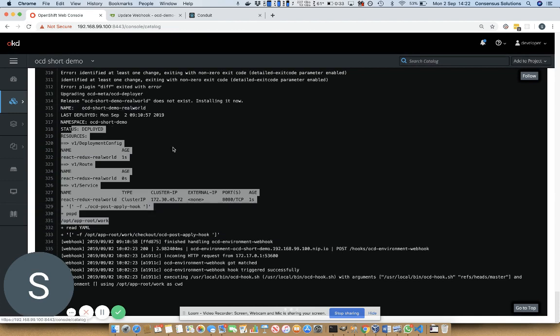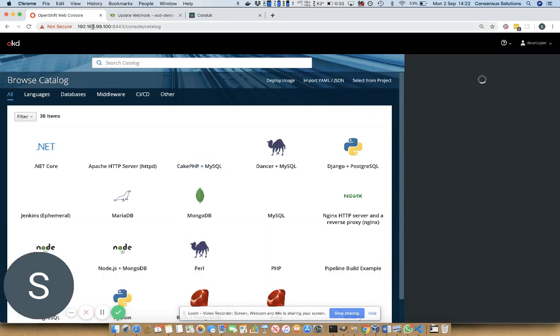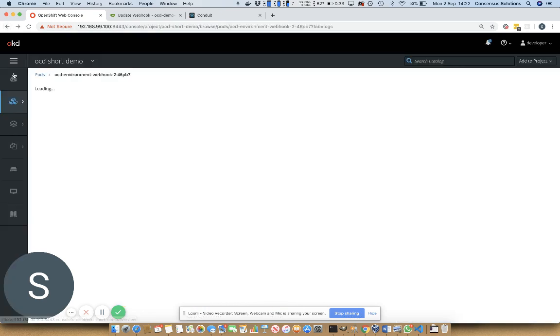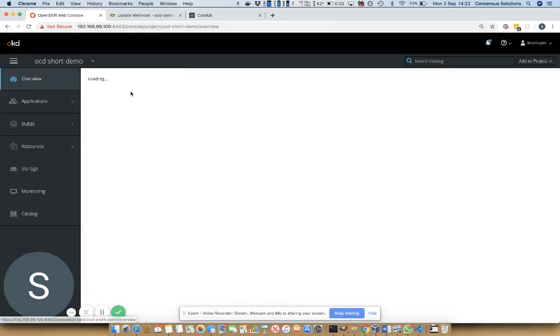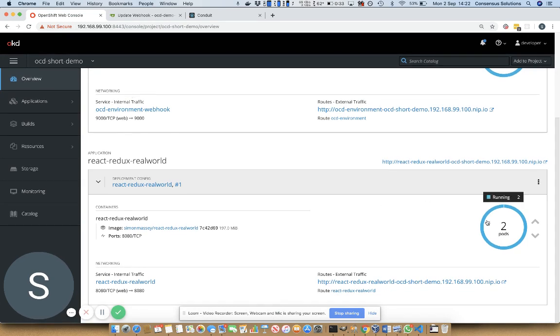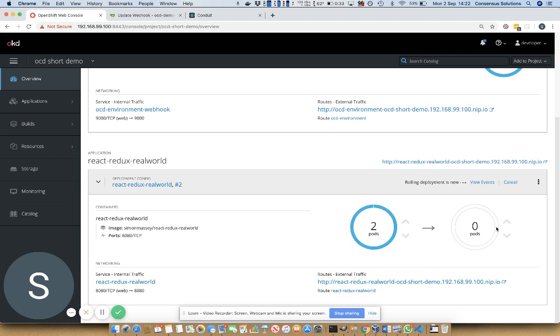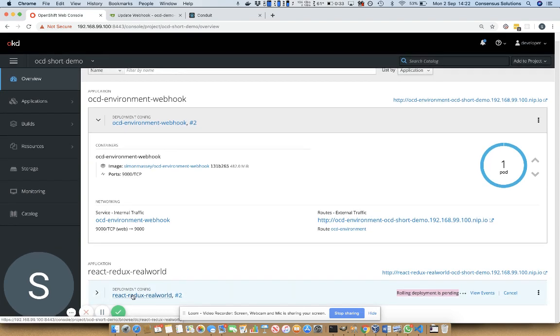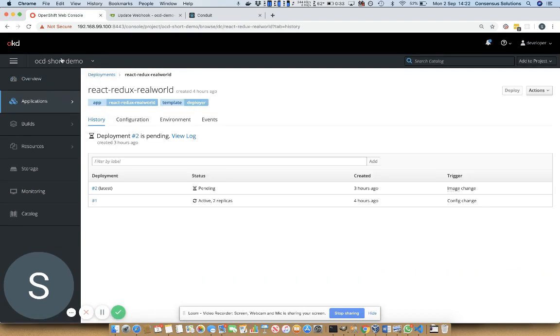If I go back to the main application, top level, I should see the rolling deployment would have happened. So let's go. Oh, here we go. The rolling deployment is now starting. Rolling deployment is pending, is written over here, which shows that it is pending the second version coming out,